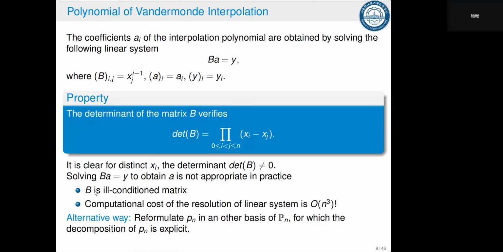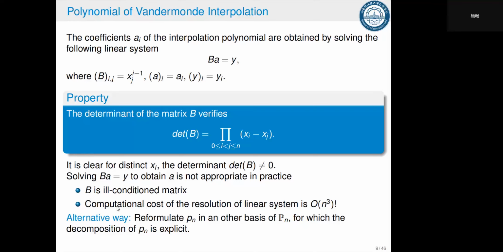Here is such a situation: for matrix B, if initially it has a small error, then finally you will get a result with a large error. In such a case, B is ill-conditioned. Then the second